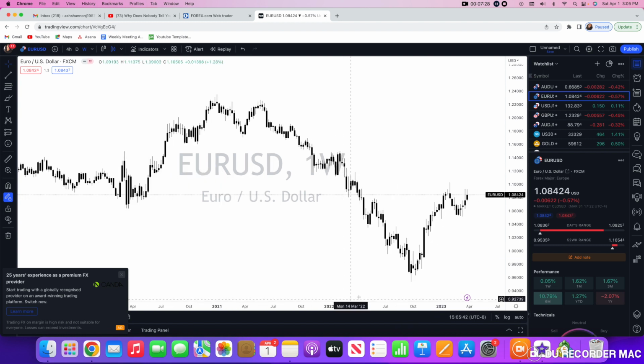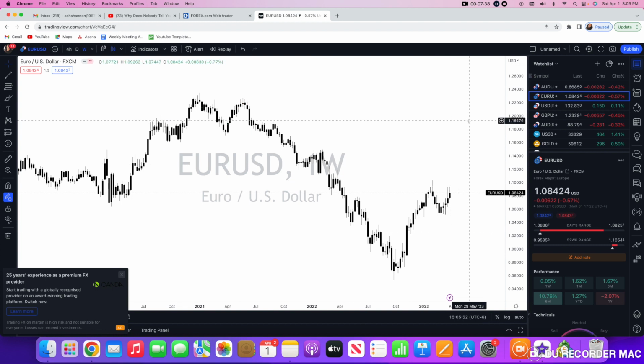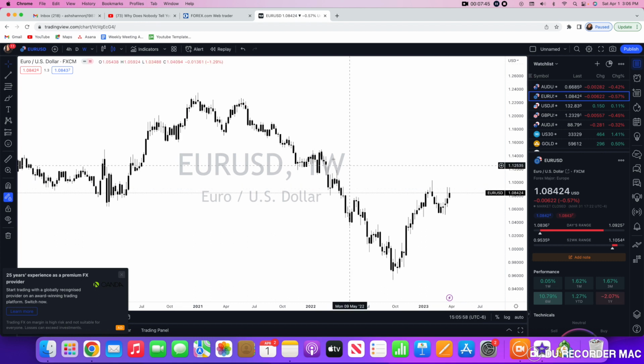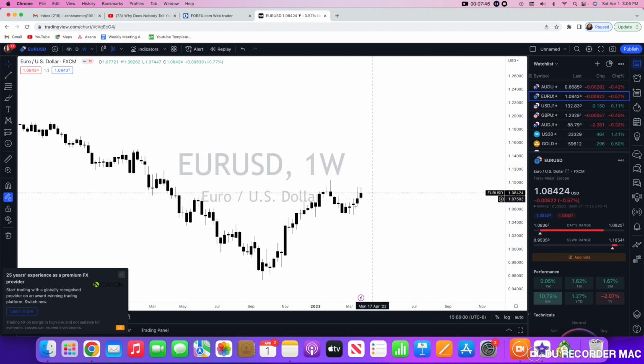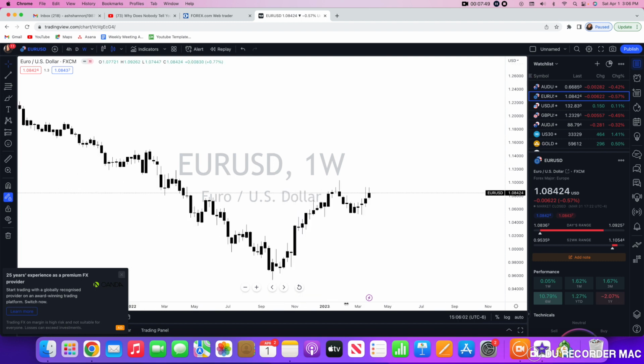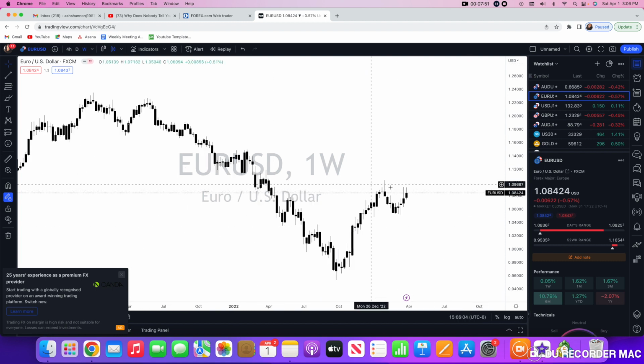Starting on the weekly, let me see. I'm not convinced that we're headed in a long direction just yet. I need to see it get past here. If I don't see anything get past here, I'm pretty sure that we are going to continue in a bearish direction. But until I can see some type of movement past here, because as you can see previously,